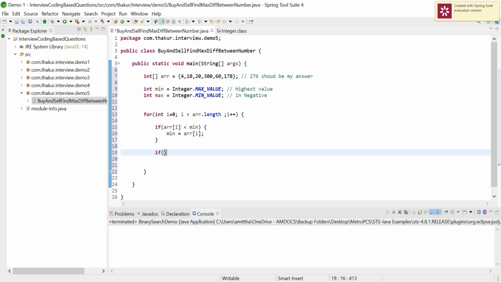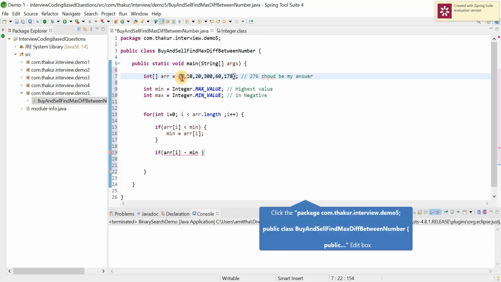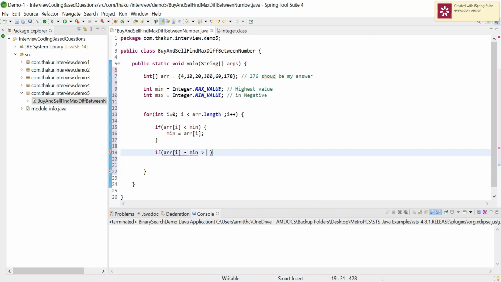One more condition, because I have to find the max also. If array of i minus min, because we have to find the difference. For example, if array of i is 10 and min is 4, then 10 minus 4. If it is greater than max, and max has the minimum value, it's negative, so obviously it will be greater.